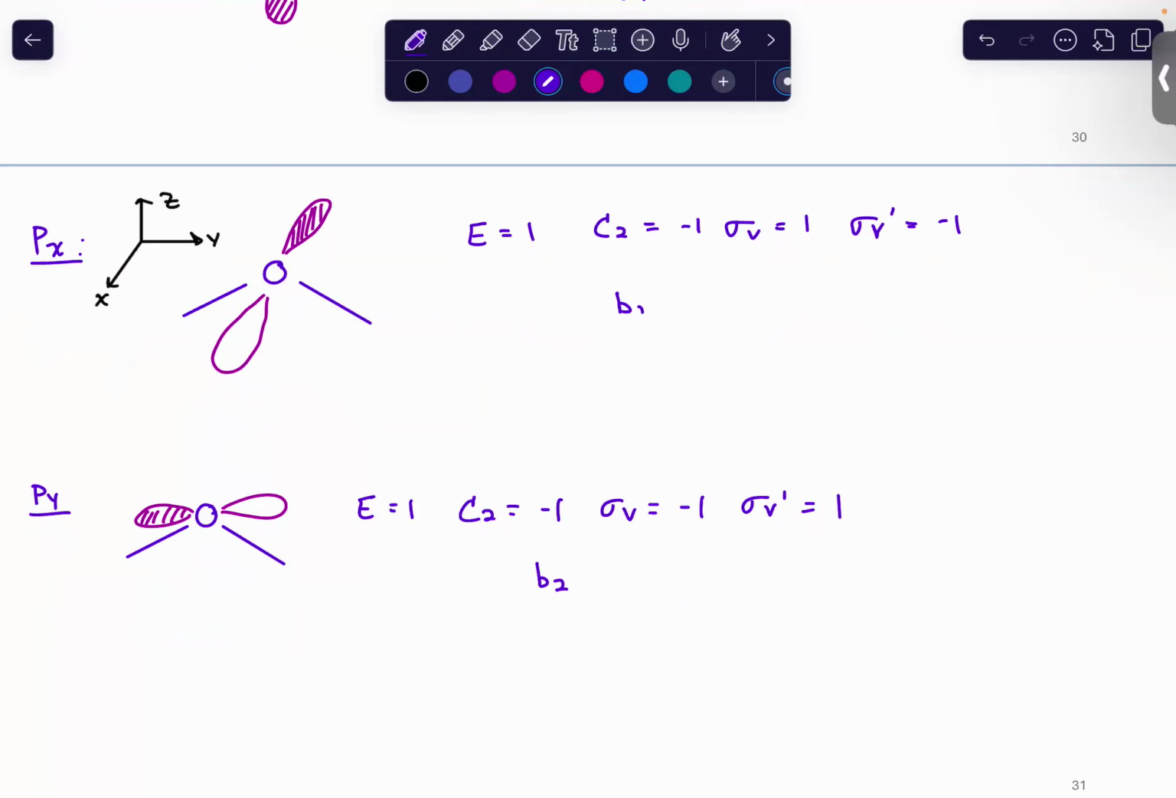So that gives us the symmetries of the orbitals on the central atom. And of course, these are all 2px, 2py, because of course it's oxygen. We know where it's at on the periodic table. But our